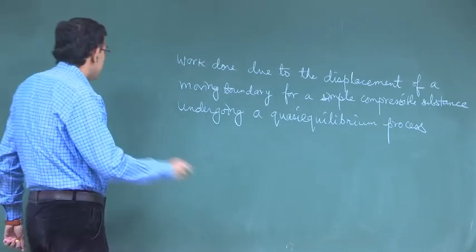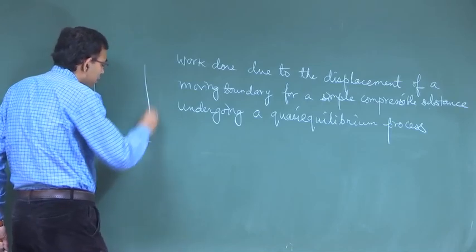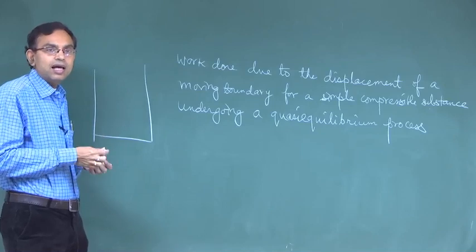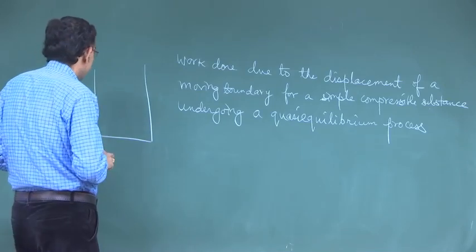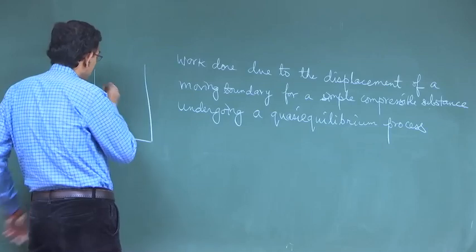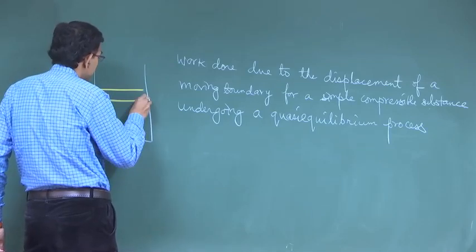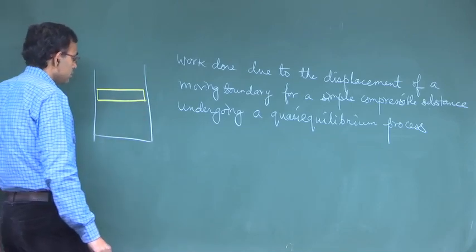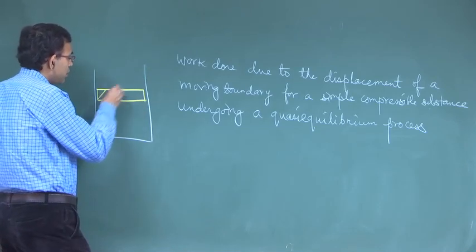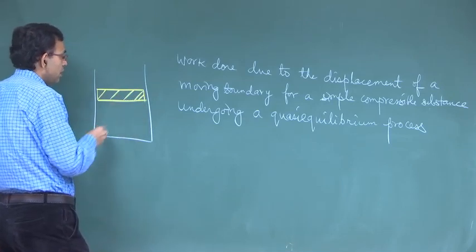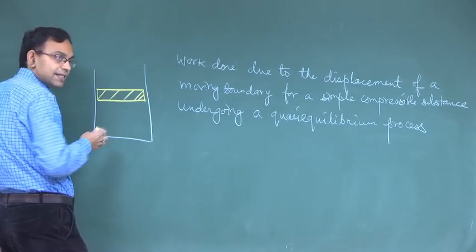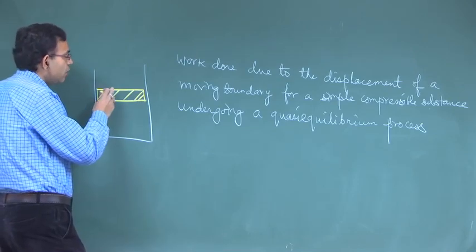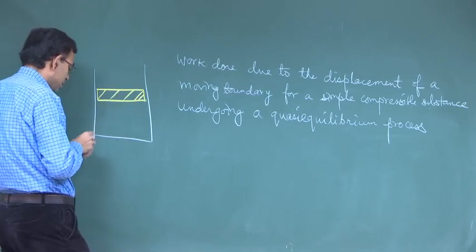So, the template is like this, there is a piston. The piston cylinder arrangement is a very classical template by which we illustrate various concepts in thermodynamics. Let us say there is a piston, this piston is getting displaced and we are interested to find out what is the work done due to the displacement of